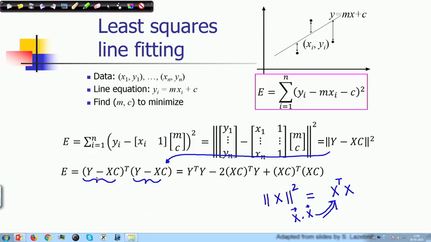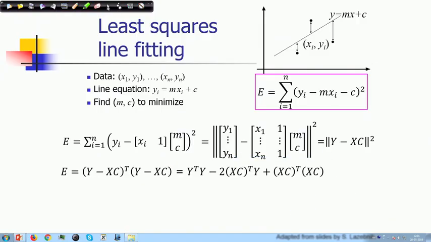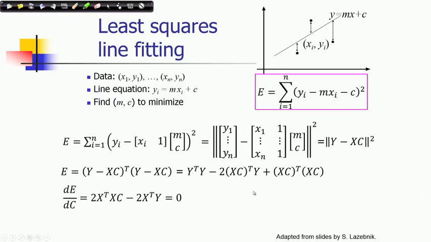Now, you expand each one using matrix algebra and perform the multiplications. You will get y transpose y minus 2 x c transpose y plus x c transpose x c. Since matrix is a linear operation, you can perform derivatives in the matrix form itself, and you can extend the analysis we know for ordinary single dimensional variable, single dimensional function cases. So, in this case, if I perform the derivative with respect to c,